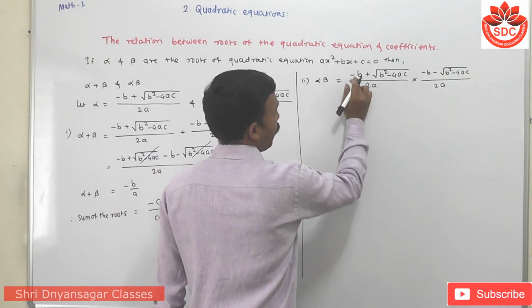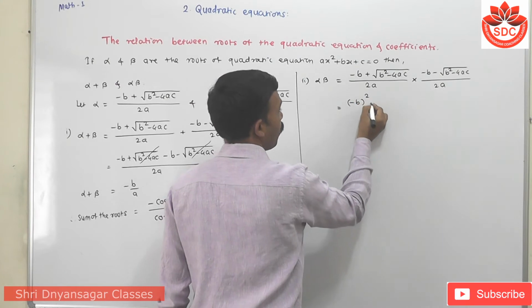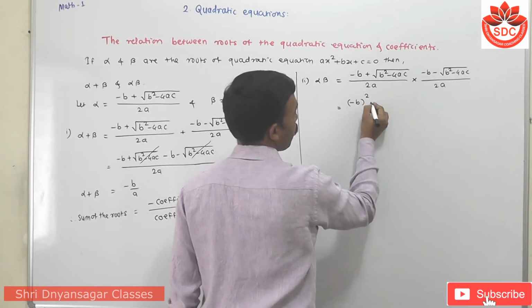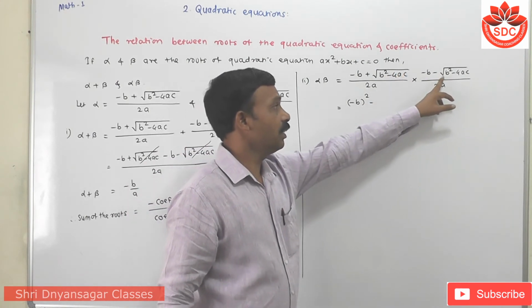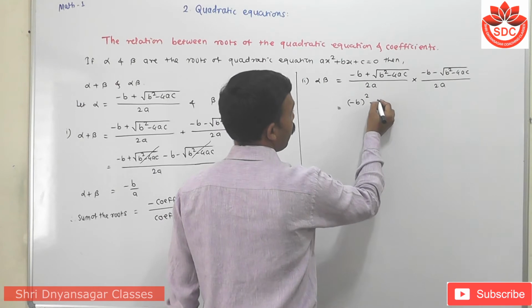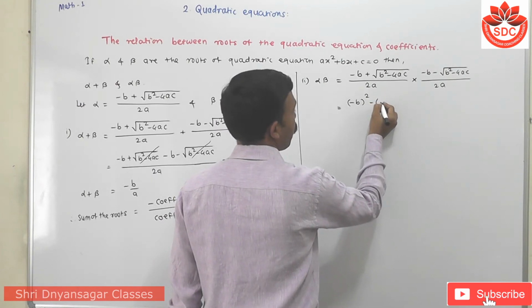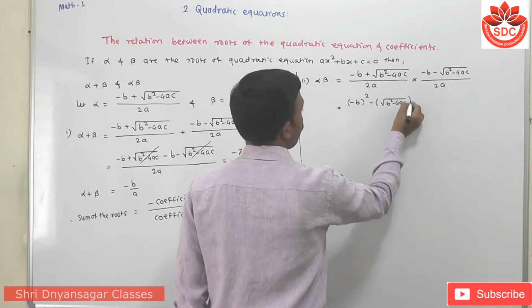Therefore I write minus b two times, so minus b square, minus plus minus b square minus 4ac, the root of b square minus 4ac also two times,